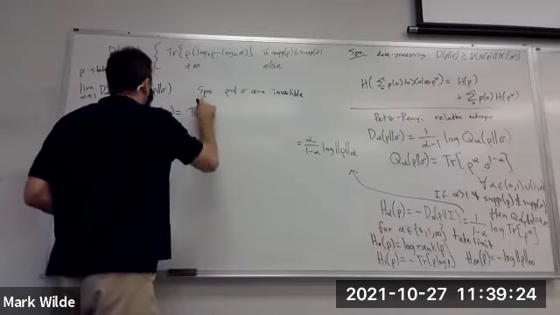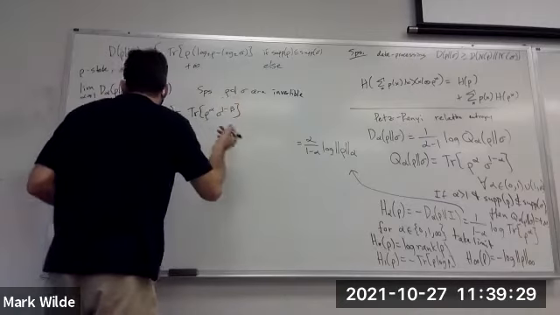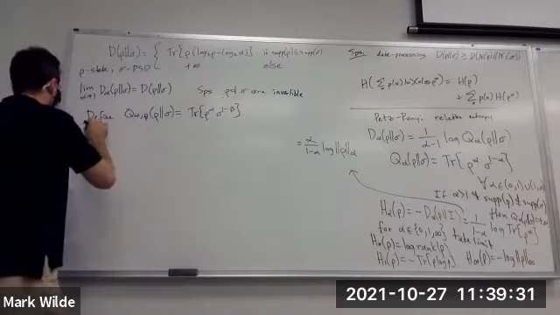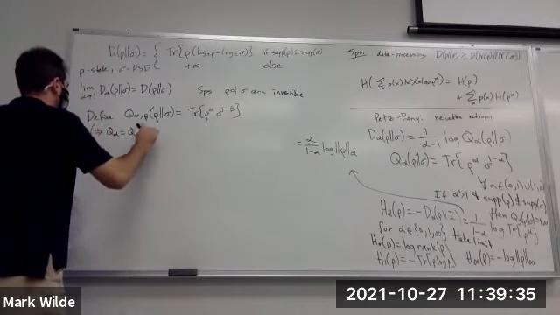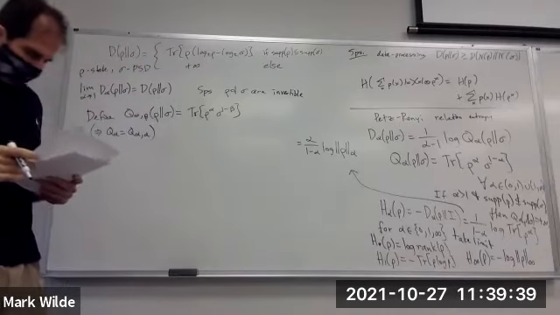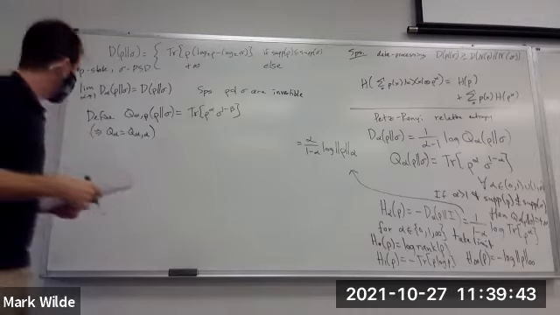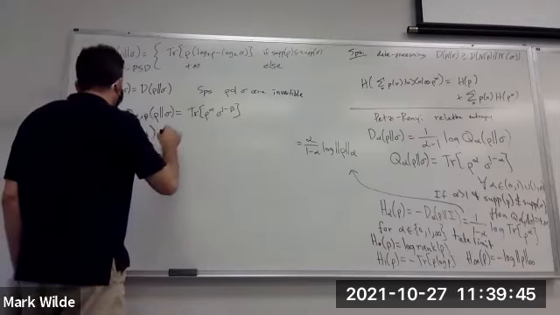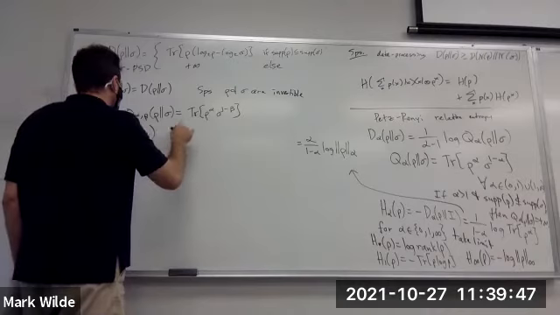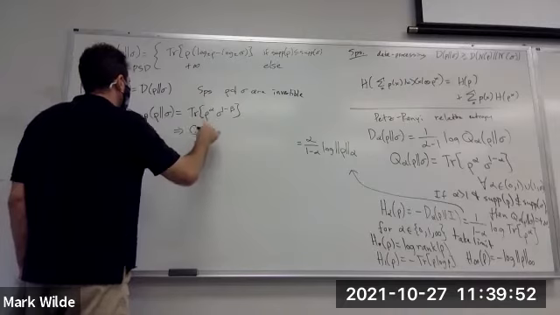Trace of rho to the alpha, sigma to the 1 minus beta. So then it's clear that Q alpha is Q alpha. There's a reason we're doing this, it's useful. So now, this also implies that Q1 of rho and sigma,